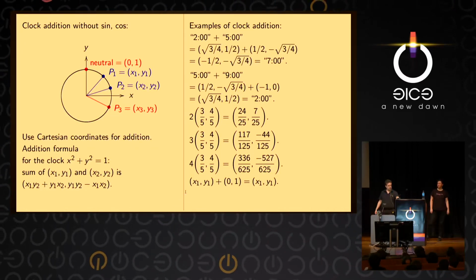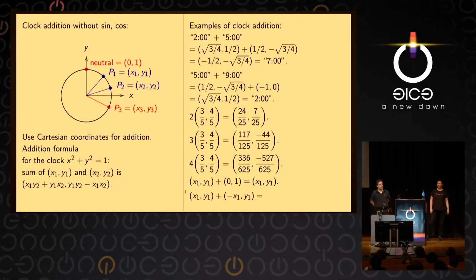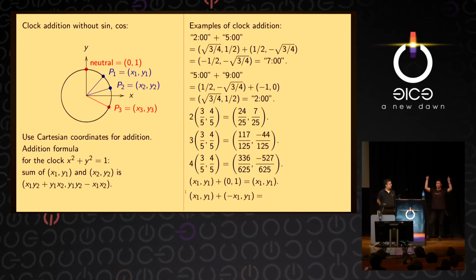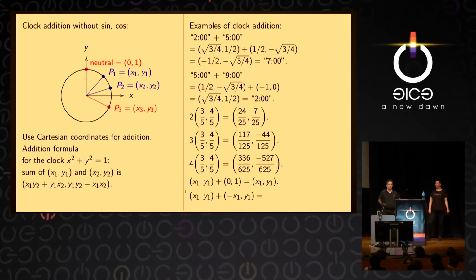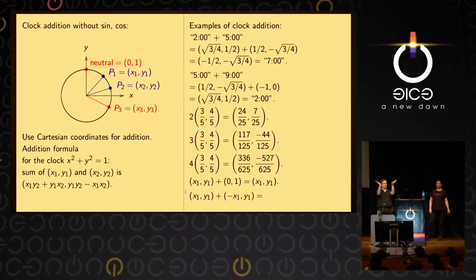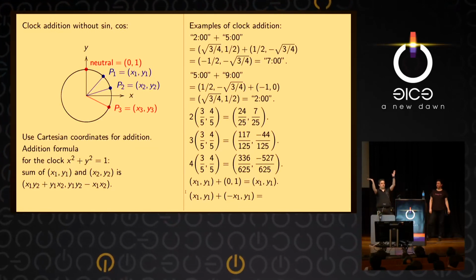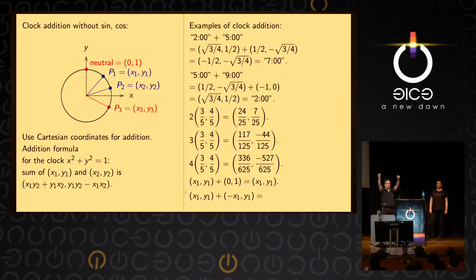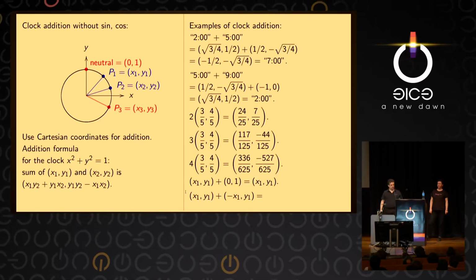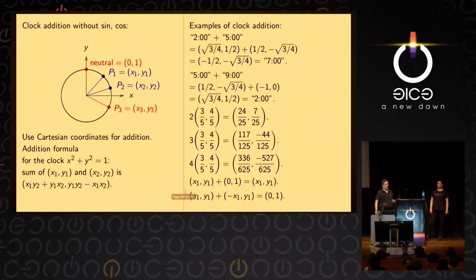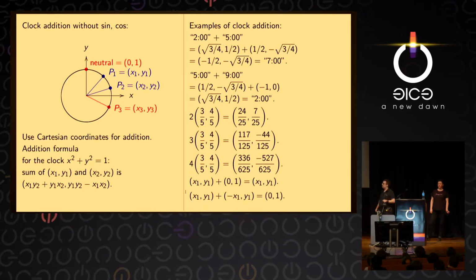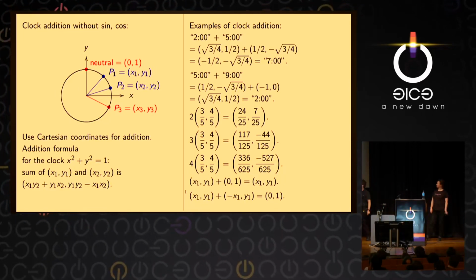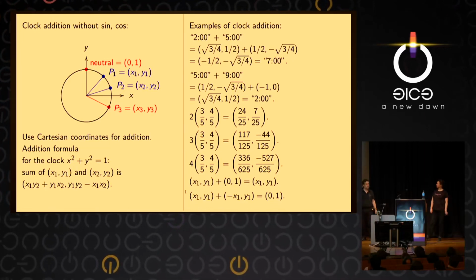One last example of how you can work with this addition formula. If you take, say, 10 o'clock plus 2 o'clock, that should be 12 o'clock. And, well, 10 plus 2 is 12. If you take anything that's sort of opposite, like that was 10 and 2, if you take 9 and 3, or 11 and 1, anything where it's the same height, same y coordinate, but the x's are negative, those will add together to get 12 o'clock. And you can just try plugging x1, y1 and minus x1, y1 into the formula. Let's try that. If you say x2 is minus x1 and y2 is y1, and you plug that into the formula, then you see the first